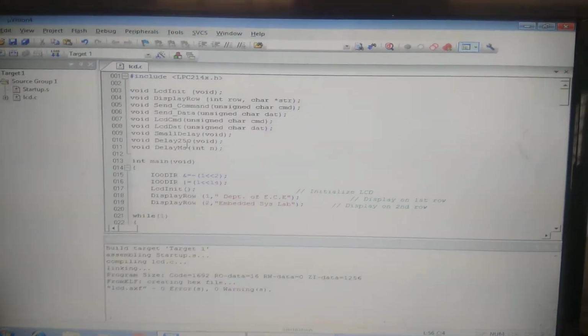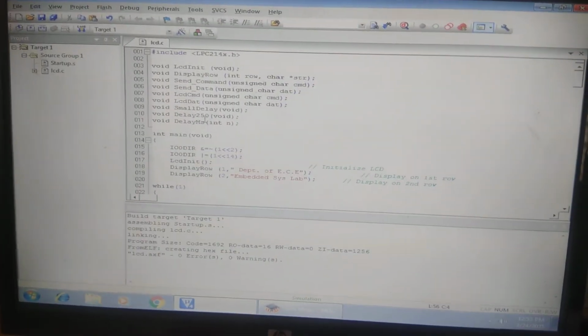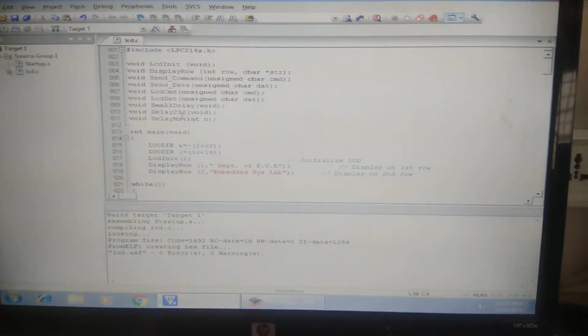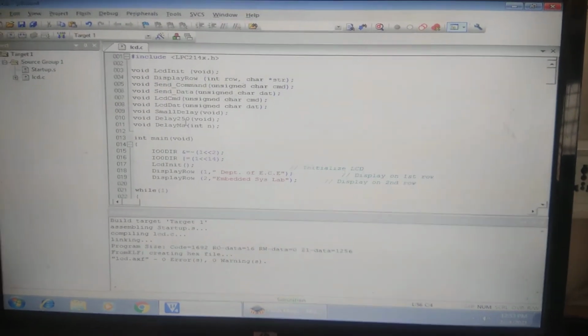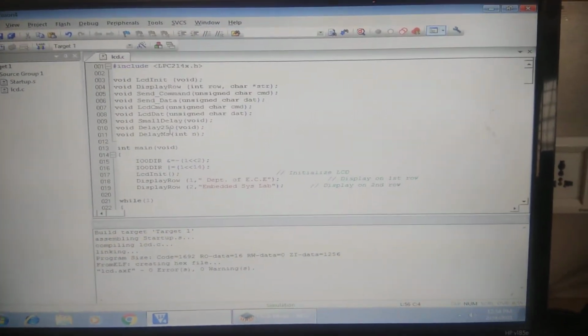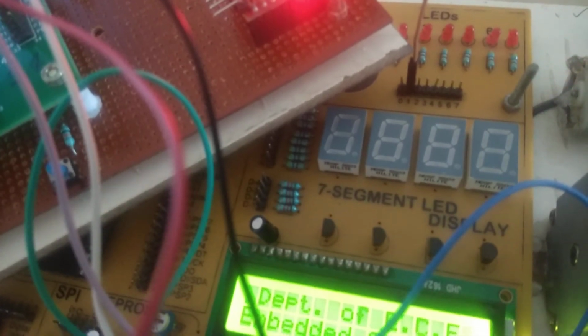So this is the LCD program execution. From this experiment we have clearly shown how to interface the ARM microcontroller with n number of devices. Here we have given the demonstration of how to interface the LCD. Likewise you can interface the 7-segment LED display also.